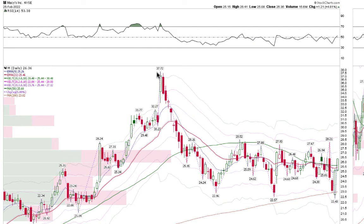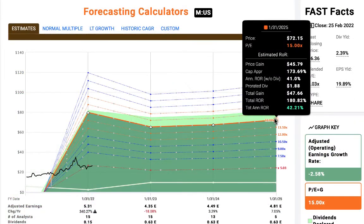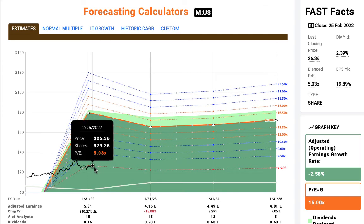Additional retail stocks, while maybe not many people's favorite, Macy's is basing. We can see this horizontal range. If it breaks out to the upside, the only way that's going to happen is if institutions are buying and investors continue to pick up shares. If it breaks down below the 200-day, then you would have your signal for a bearish trade. My guess is that Macy's is going to move higher over the coming weeks, as Macy's trades at a discount to future cash flow